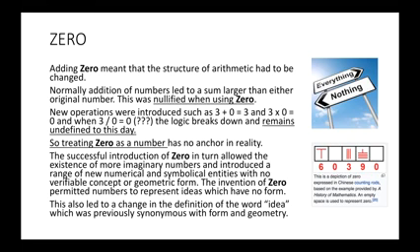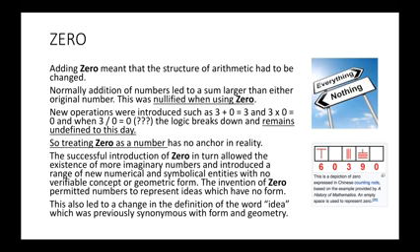And it also meant that the structure of arithmetic had to be changed. Up until then, adding numbers together gave you a sum that was larger than the original number. But when zero was introduced, this all fell apart. So now you can add two numbers together and they don't get larger, they stay the same, such as 3 plus 0 equals 3, or 3 times 0 equals 0. And then you get the horrible problem when 3 is divided by 0, where logic breaks down, and this is still a problem in mathematics to this very day. So treating 0 as a number has no anchor in reality. There's nothing in nature that can help us.